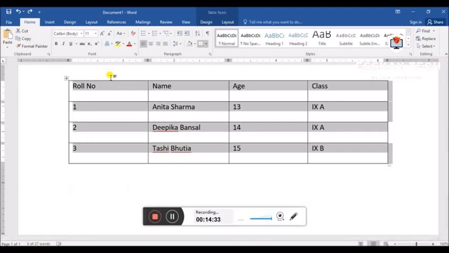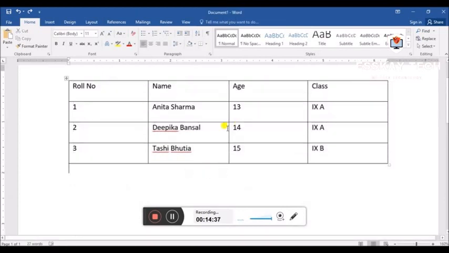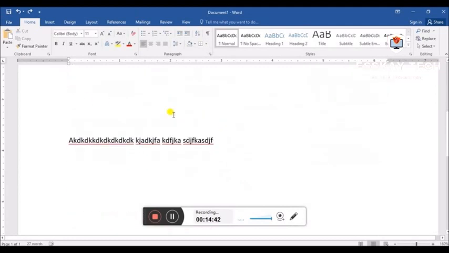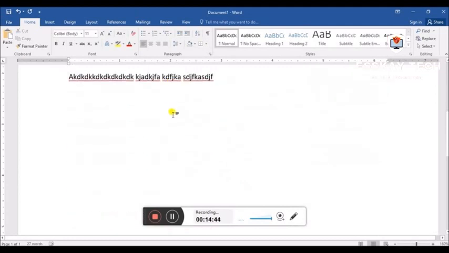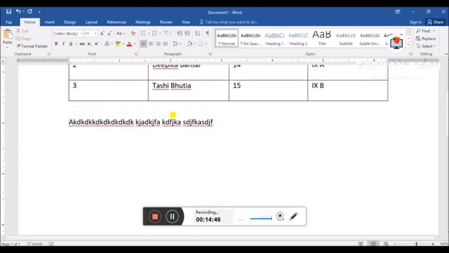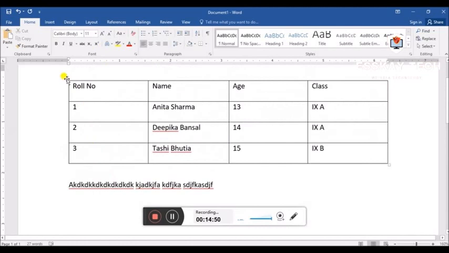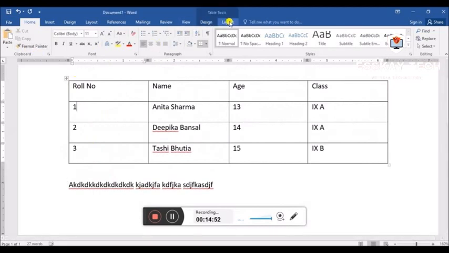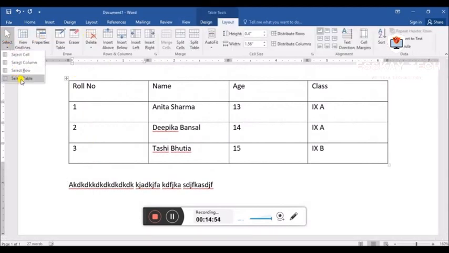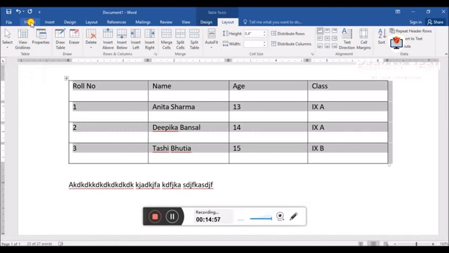Now sometimes I need this whole table in a new place also. We have got some text here, and I want this particular table to be in a new place also. So I can go to layout tab, I can select the table, then after that go to the home tab